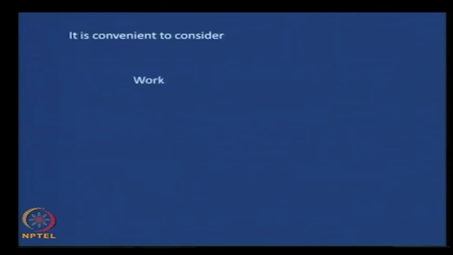Now, it is convenient to consider two kinds of work. Let us assume that the other kinds of work do not exist and only these two kinds of work exist. One is shaft work, Ws. You can go back to your early days of thermodynamics, you would have learnt it there: shaft work, and PV work, work due to pressure, volume expansion, and so on. Let us consider that these are the only two work interactions. If there are other work interactions, you just have to add them to this, it is quite simple, we can do that later also. For development, let us consider only these two work interactions. If we do that,